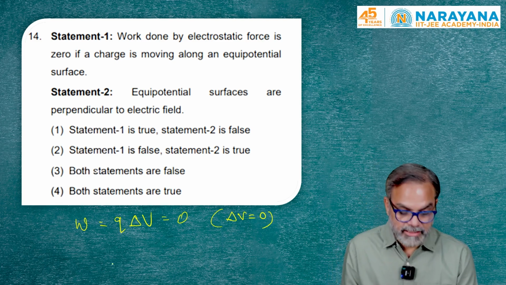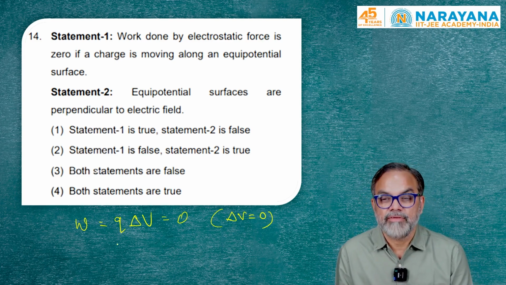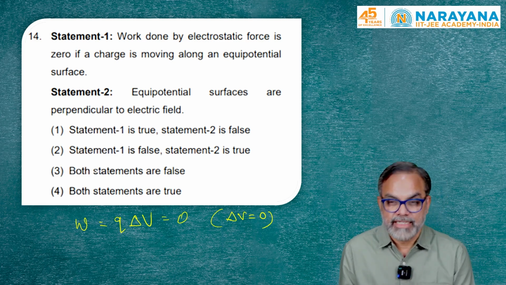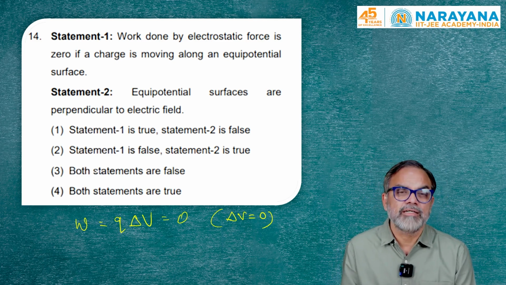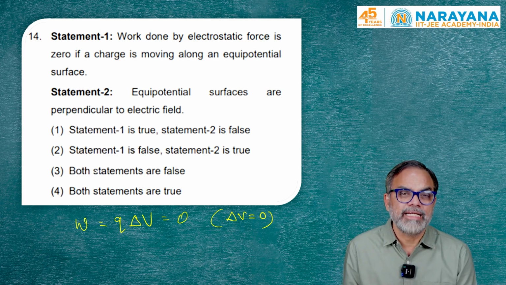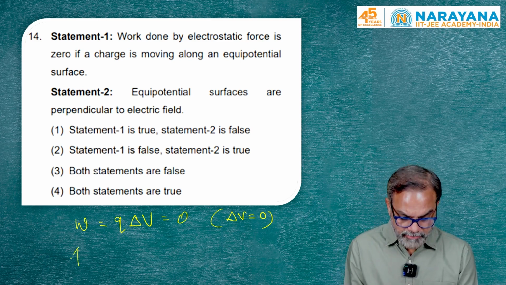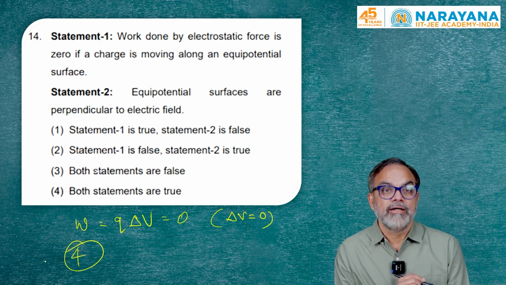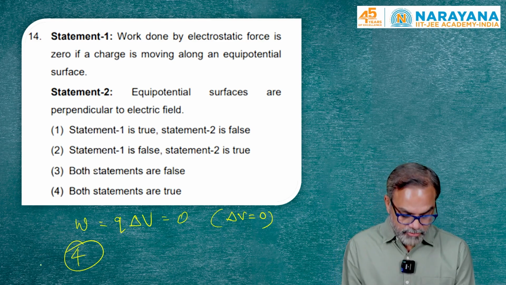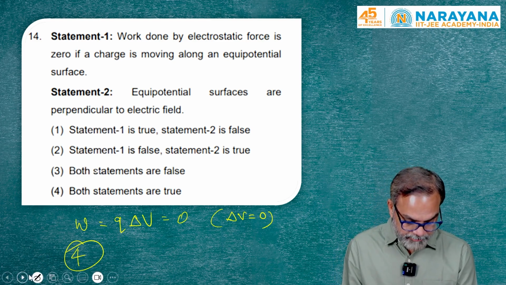Now, equipotential surfaces are perpendicular to the electric field. So there is no component of electric field along the surface. So work done is 0. So statement 2 is correct. So the answer will be the fourth one. Both the statements are correct. So it's an easy question. Moving further,